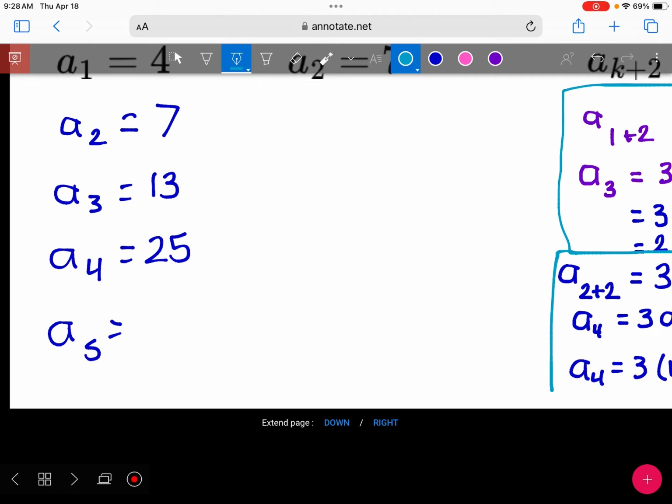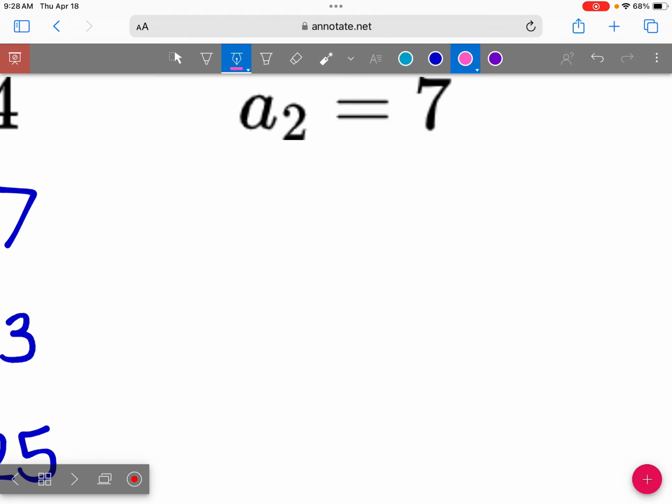And I'm going to do our last one in that kind of middle space that I left because I made choices. So our last one we did had a k of 2. So now I'm going to use a k of 3. I started with 1, then I did 2. Now we're going to do 3. So it's the same vibe. So we're going to take our a sub 3 plus 2